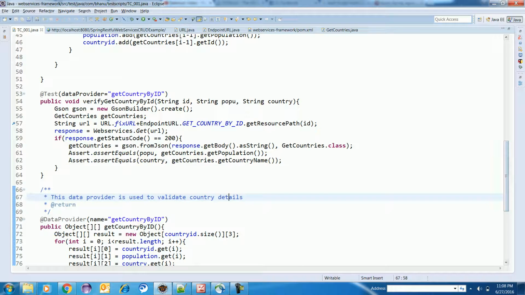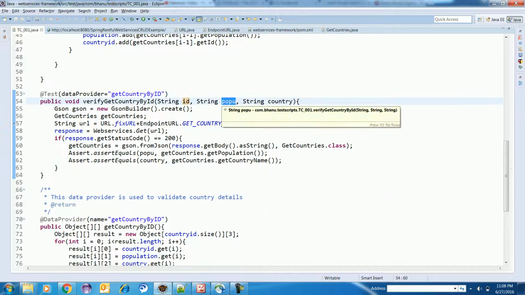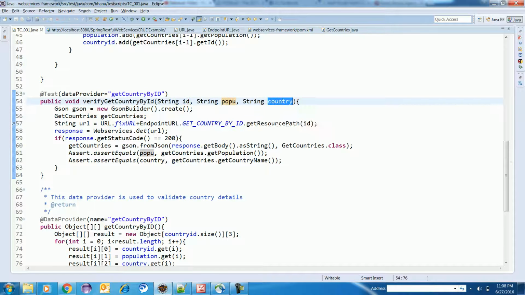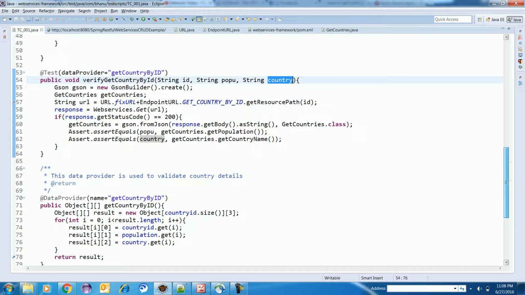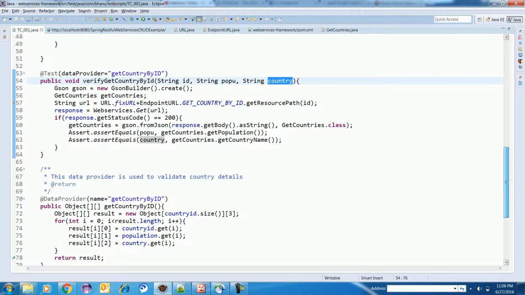So for the illegal argument exception, here I am supplying a string and a string country, right? So here I think ID and country, it is saying illegal argument exception. We need to see where we are doing wrong, right?